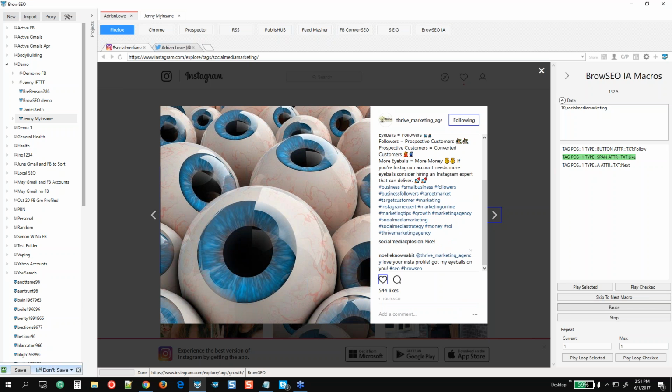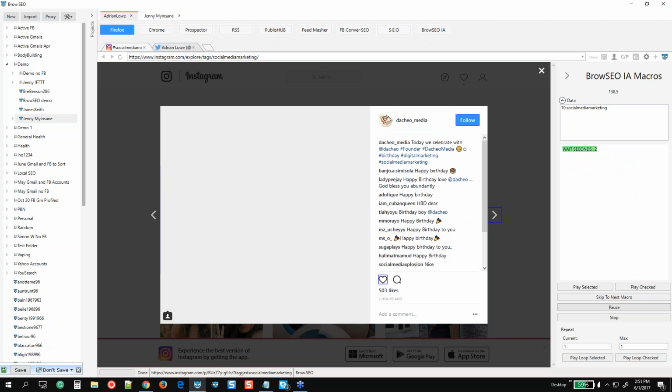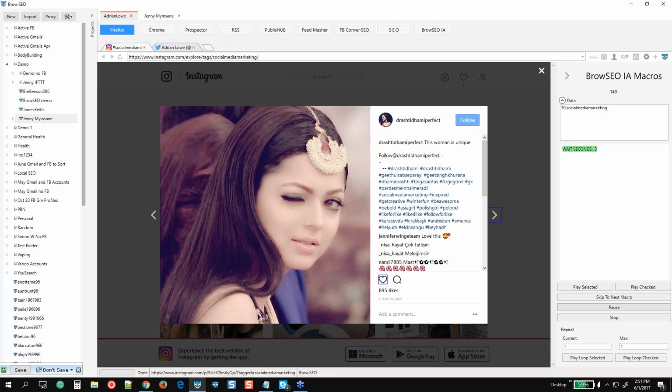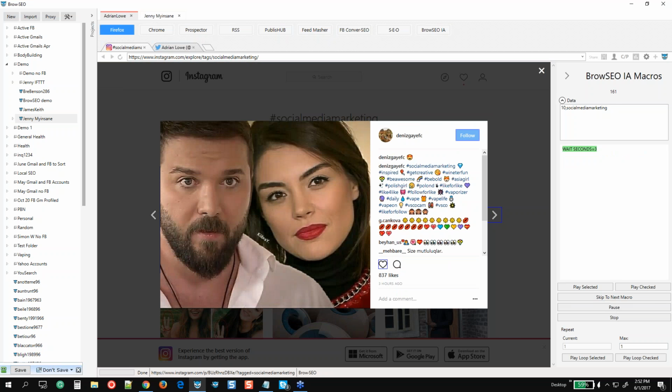So we've just gone ahead and done this, and this is really the most ethical way to do it. It's going to be very, very hard for you to get in trouble; we're not clogging it up. The main reason Instagram likes to get rid of all these automations is because, I agree with them, it clogs up the social highways for real engagement, for those people that are spending a little bit more time and really getting in there and engaging. And this is what you want to be doing.